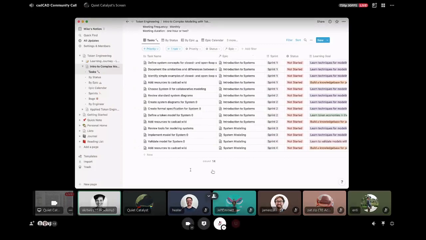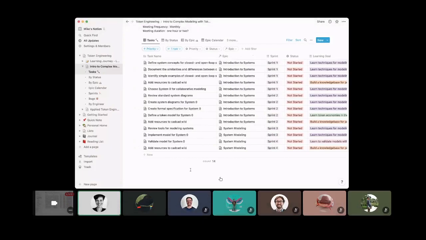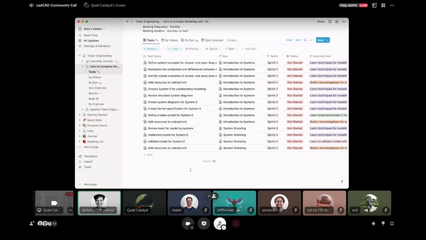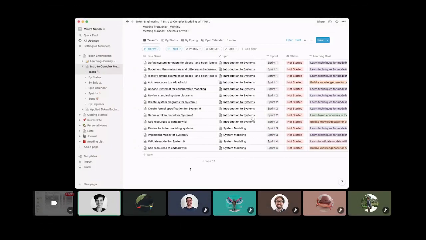I think the general structure is not too far away from the token engineering process at TE Fundamentals, but still people might be just keen. You have to go over it again and again, so I don't see a problem here. In the TE Fundamentals course we are using, I think, just plain Python, and then the strength of this study group would be to try out cadCAD and see the benefits, the capability, the power of cadCAD.